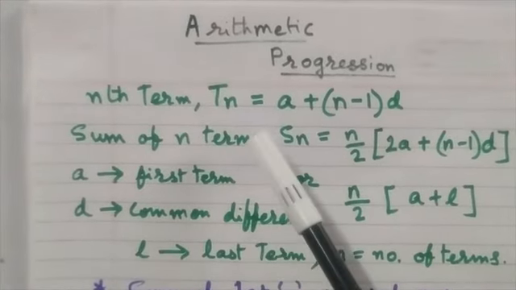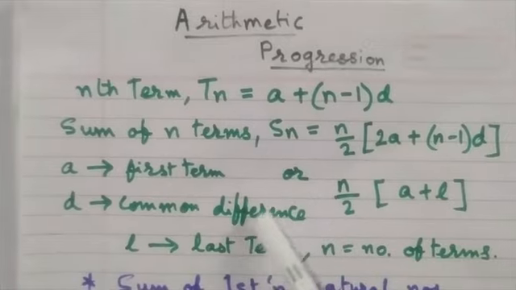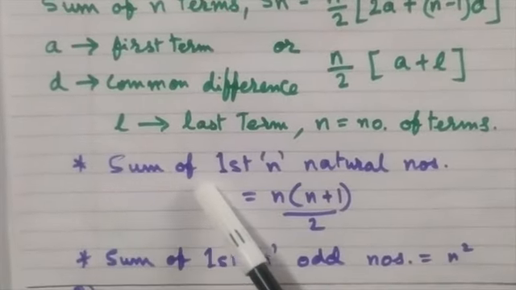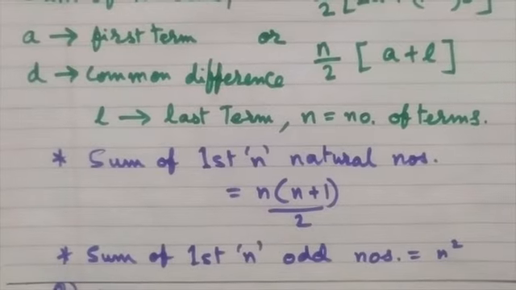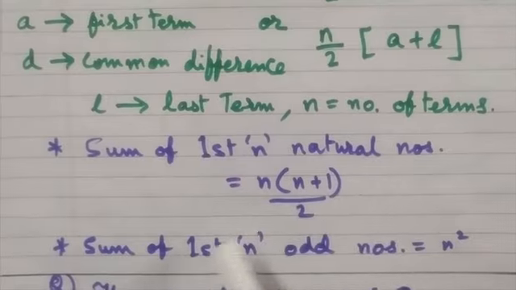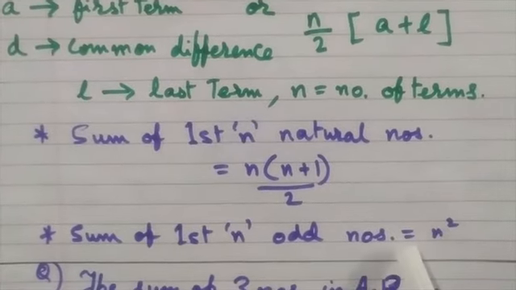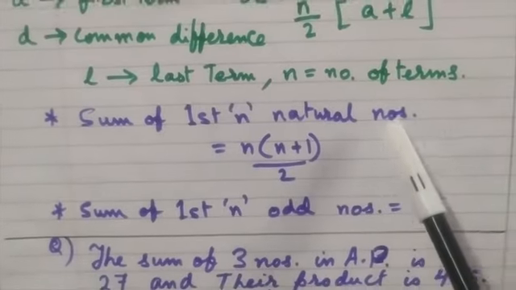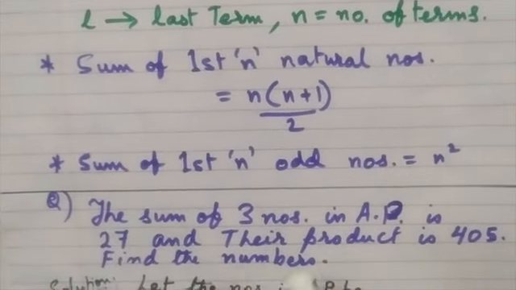These are a few formulae which I have already explained in the first session. Now in this session I am going to just give you a reminder about these two special conditions. Sum of the first n natural numbers is n into n plus 1 by 2. Sum of the first n odd numbers is equal to n square. Please keep these two things in mind. They have various applications elsewhere.